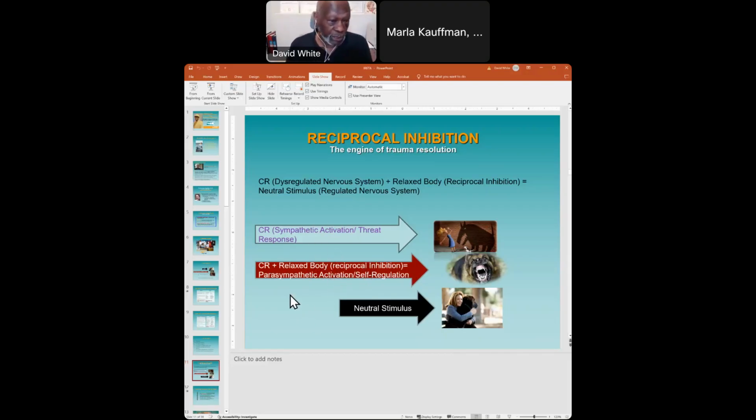So the very first thing you're going to do is start to recognize what's happening in your body as you are experiencing this secondary traumatic stress. And we're going to look a little bit more at that in a minute. So putting that relaxed muscle body in place when the trigger comes up is what's going to start to move you back into a neutral state, so that you have a relaxed body and you're not stressed out by seeing the dog. Once she's able to do that, she's able to go back to the situation where she's hugging the dogs and she's no longer traumatized by being in the presence of a dog.